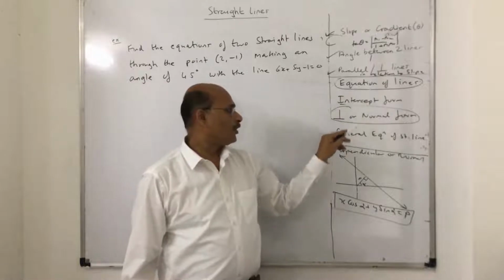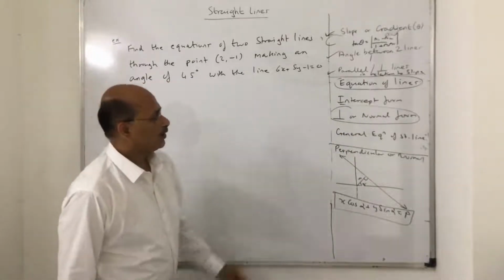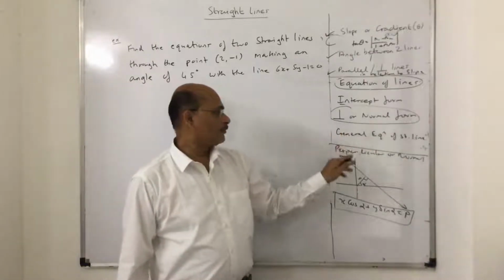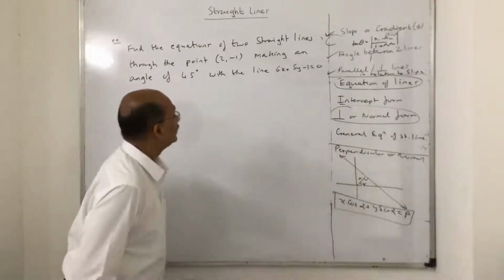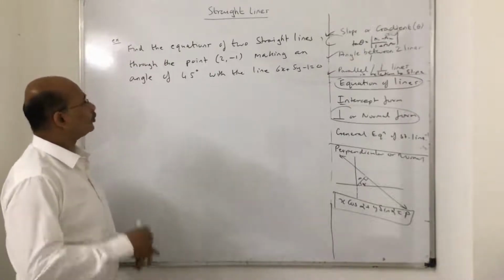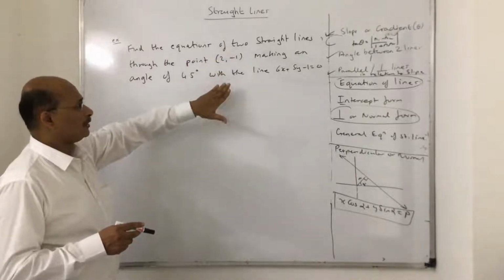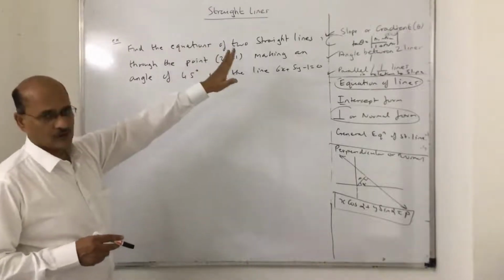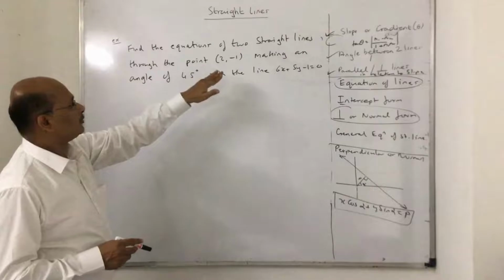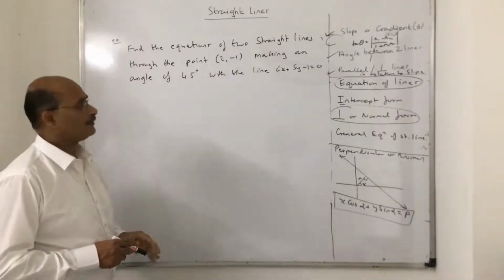Then these are the different forms of line, which we also just explained to you. So we will do some questions on this up to here, and then we will go ahead with the general equation of a straight line. Anyway, coming to the point, let us have a look at the question here. Find the equations of two straight lines through the point (2, -1), making an angle of 45 degrees with the line 6x plus 5y